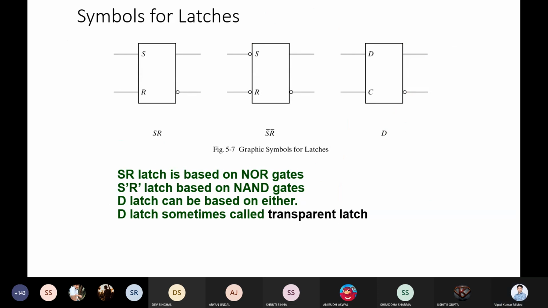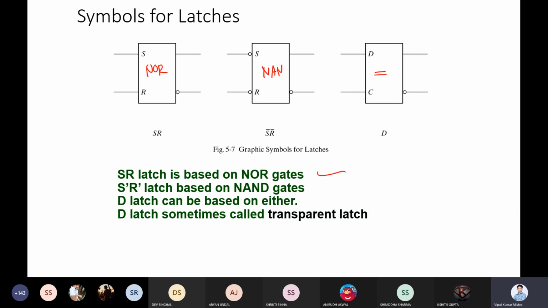Okay. Now if you look at the representation, it will look like this. S and R flip-flop like this, S bar and R bar flip-flop. So you can say this is using NAND, this is using NOR gate, if it is a latch, right? And this is your D flip-flop, simply. So SR latch based on NOR gate, S bar R bar based on NAND gate, and D latch based on either.